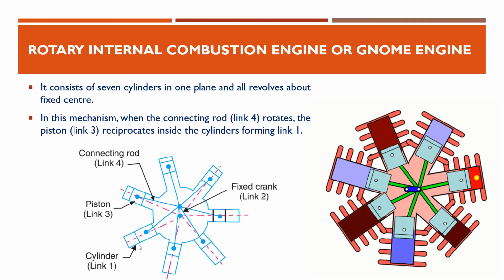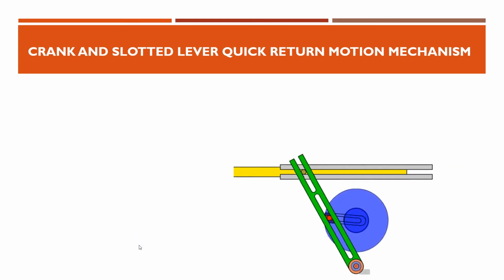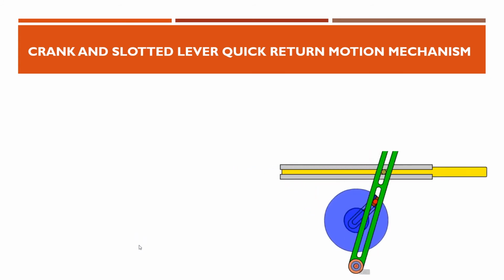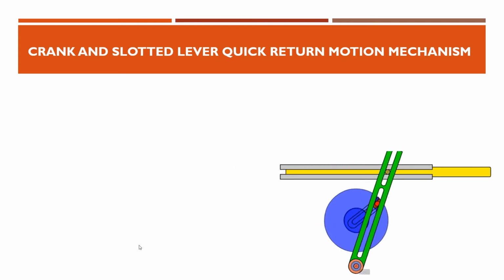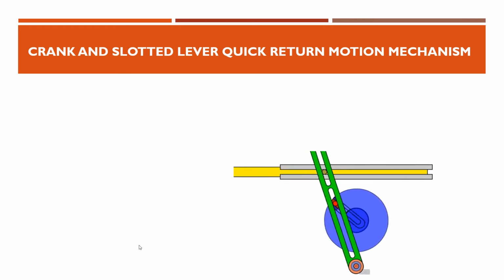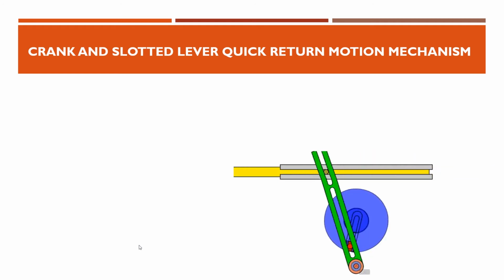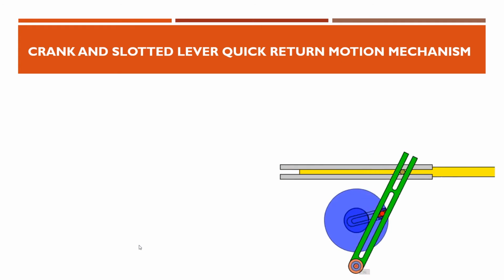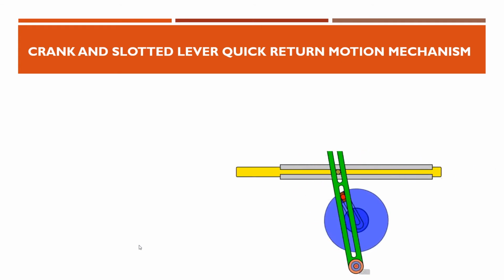Okay. So, let us move to the last one, the crank and slotted lever quick return mechanism. I think you will see this in our machine tools lab in the shaper. In our shapers, the shaping mechanism is actually the quick return mechanism. Why it is called a quick return mechanism is, when you closely look at this animation, you can see that on one side of the movement,